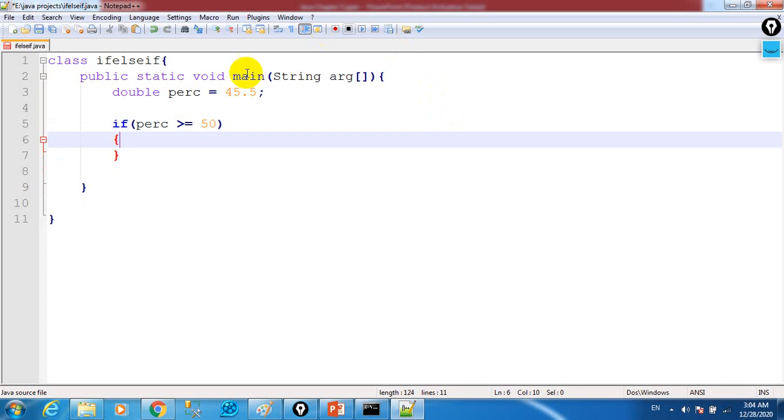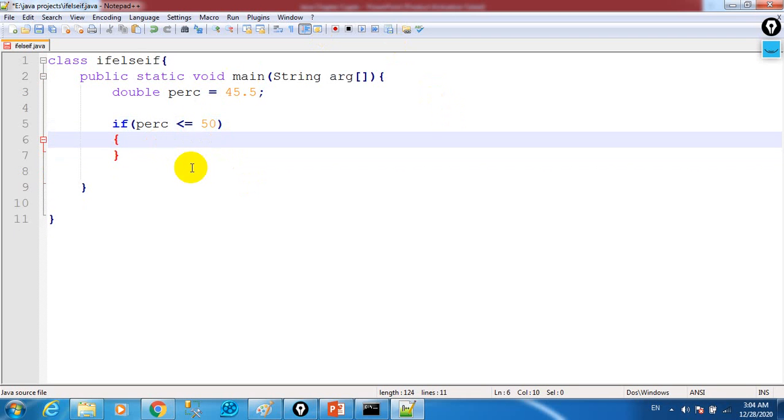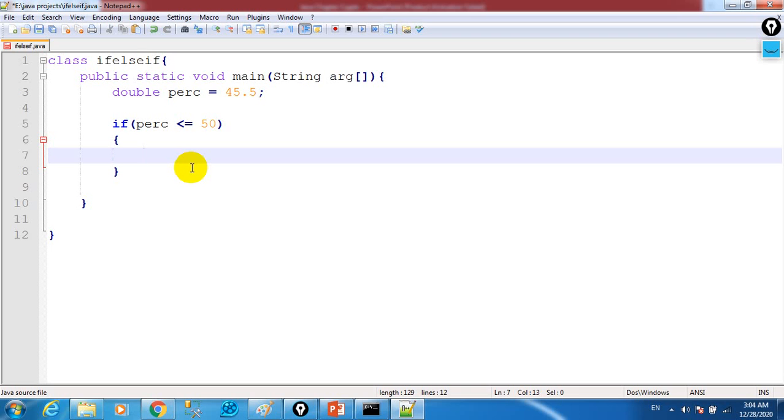Sorry, the condition should be like this: if it is less than or equal to 50, equal to 50 or less than 50, then we should write